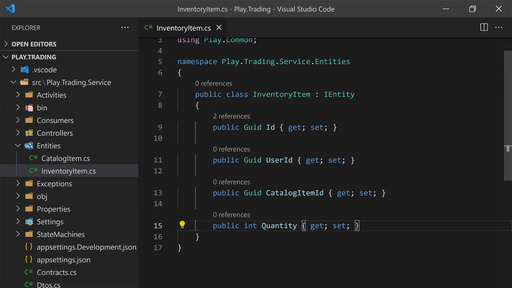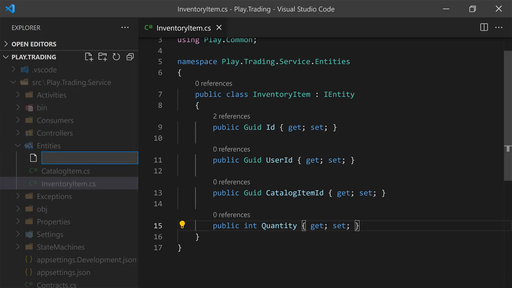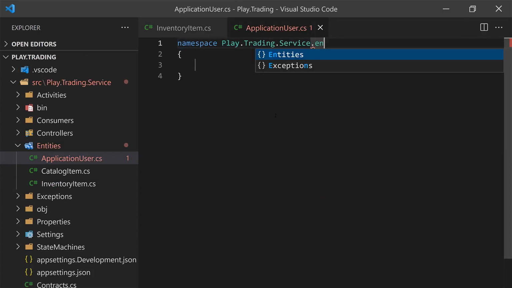The next one that we need is the application user entity. So that one we're going to create here. It's going to be a very simple entity. So just right click on entities, new file, application user.cs. So it's going to be namespace play.trading.service.entities,